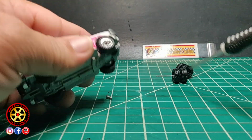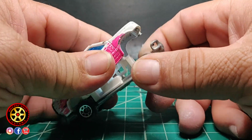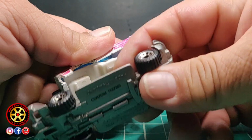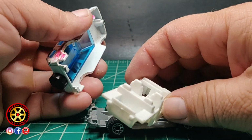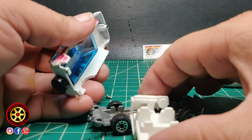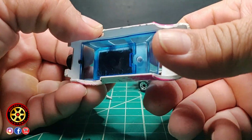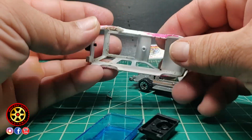I'm removing the bond head screw. Let's take a look inside. As you can see, it's connected by two hooks in the back. White interior, blue tinted windows,